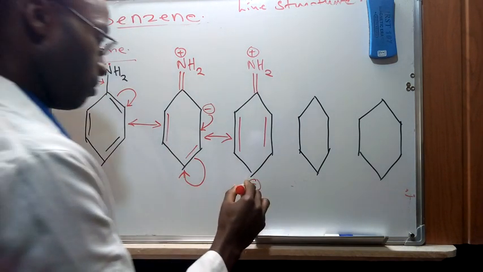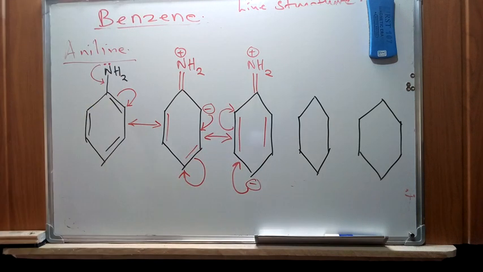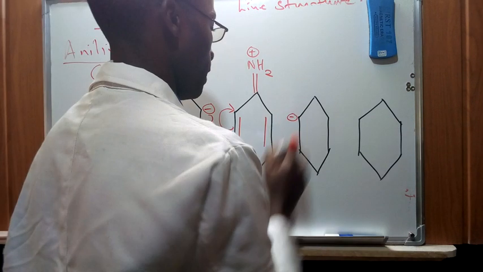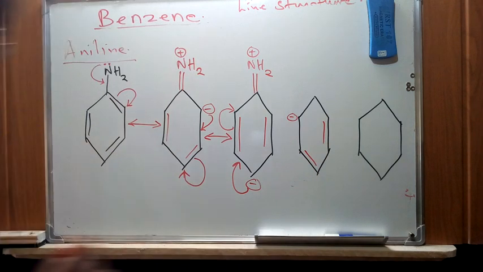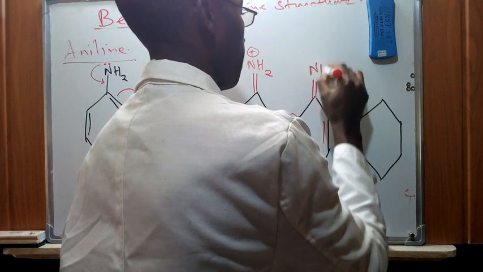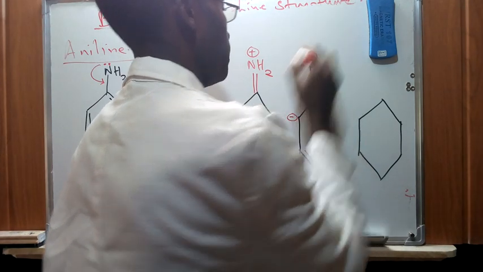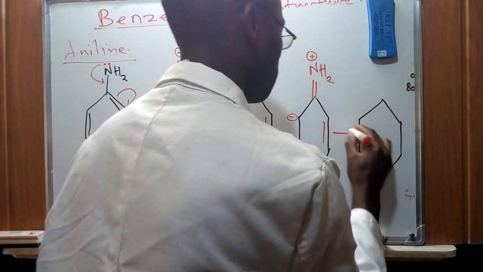So if this charge moves to this point, and then this one is going to move, that's a double bond. So we're going to have a net negative charge there, and then a double bond at this point and this, and then we shall have this positive charge for that amine, and then of course we are going to have a